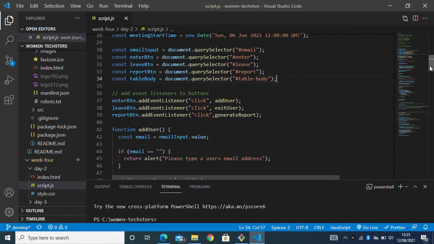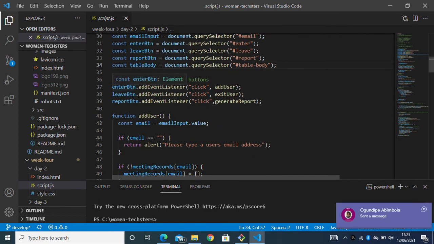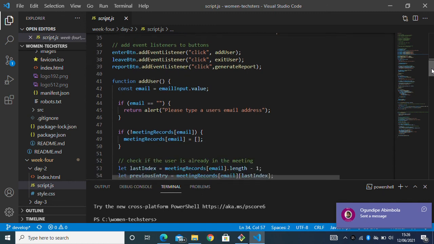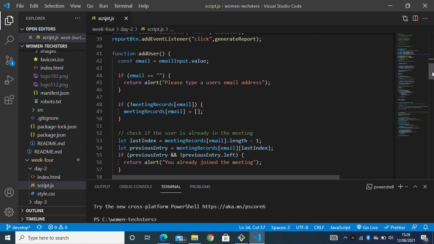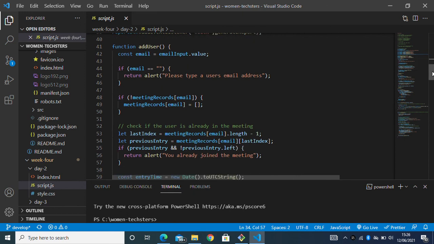And then we have some events here. We have three event listeners added here: the add user event listener for the enter button, the event listener for the leave button, and the event listener for the report button. And then moving on to the add user button, some functionalities are done in here. I would like to say that the add and the leave functions were built by the facilitator in the software development track of